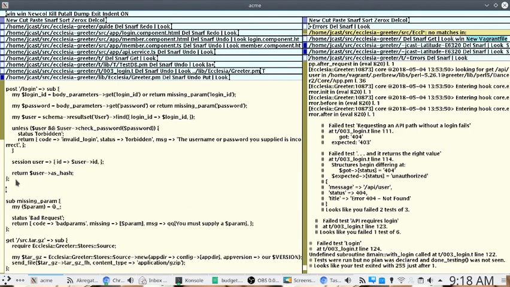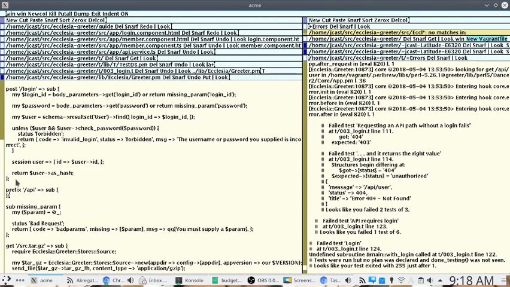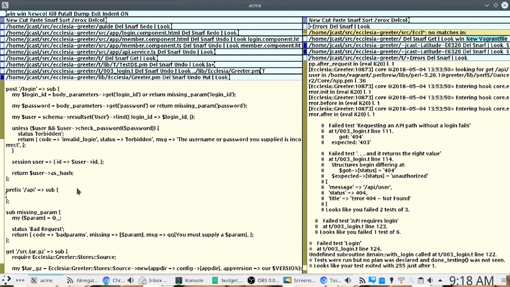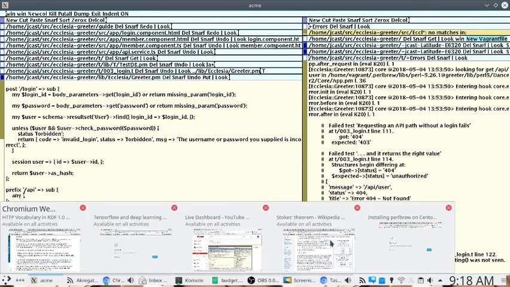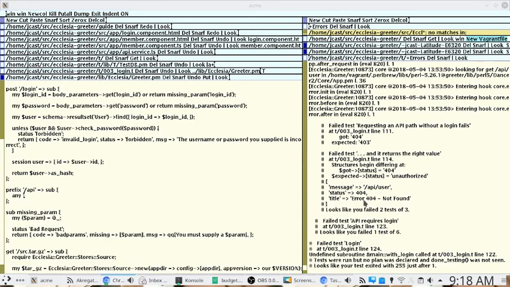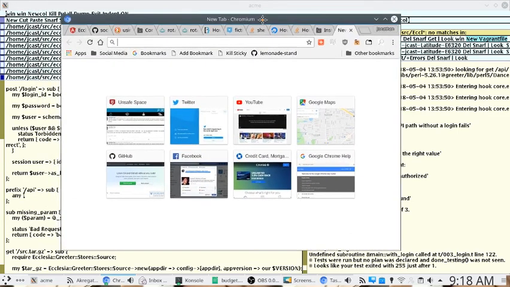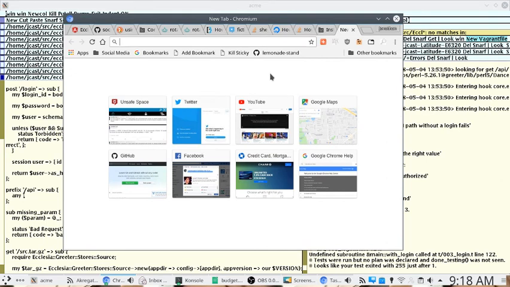So we want to apply some logic to all API routes, and then we want to control